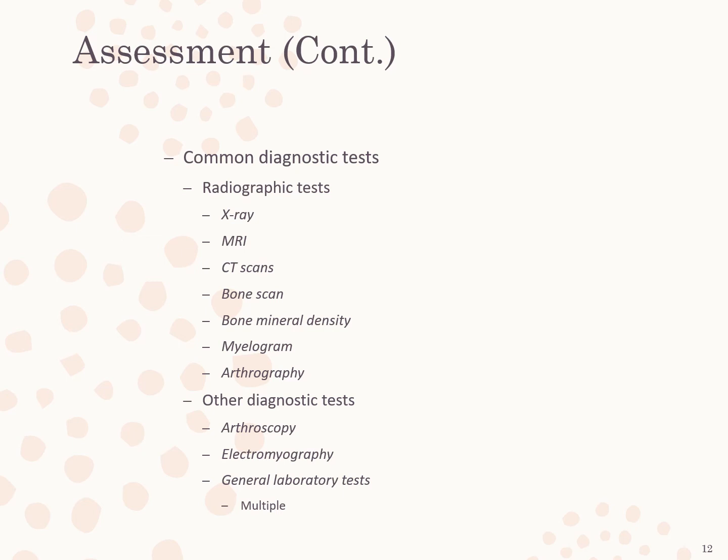Some other diagnostic tests are an arthroscopy, a procedure that allows direct visualization of the interior of the joint through an endoscope. This procedure is most commonly performed on the knee, but it can be done on other joints as well. There's electromyography, an evaluation of the electrical activity generated within a muscle. This is used to determine the quality of the neuromuscular